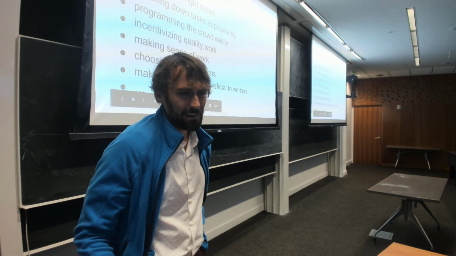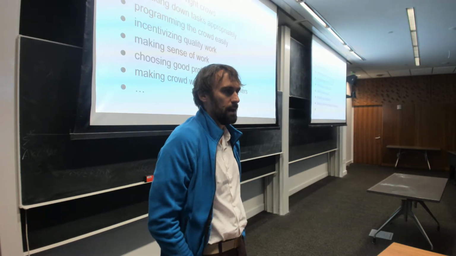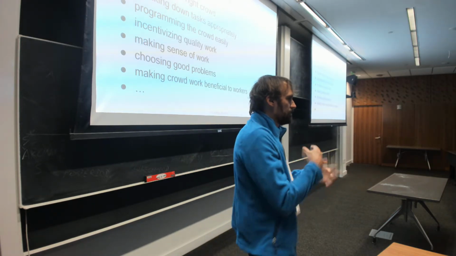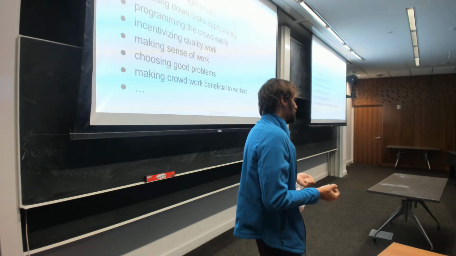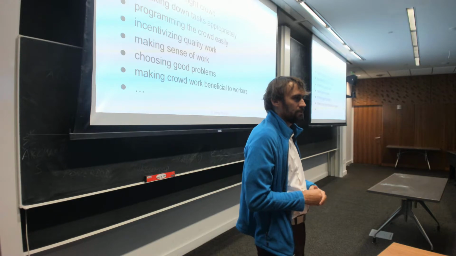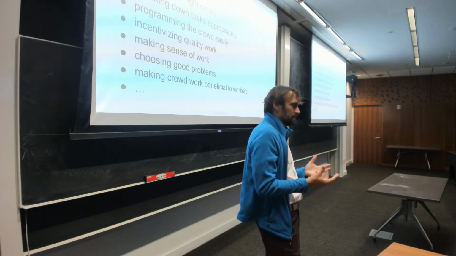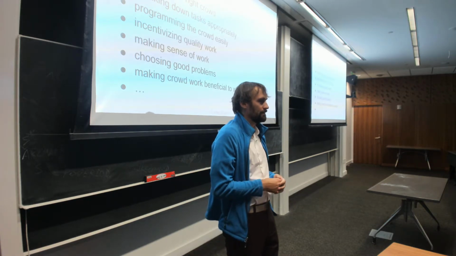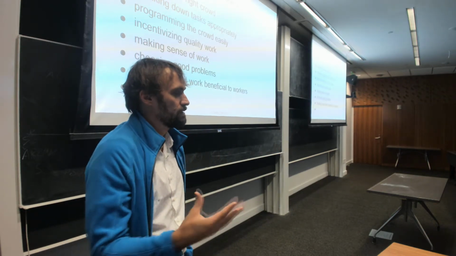Making sense of the work you get back: it's not always even easy to incorporate the things that people send back to you. In the TurKit example with the sloppy handwriting, there was a lot of iteration before that, just to figure out how you even present this problem to somebody so that future workers can make sense of the partial work that the prior worker did. In their case, they came up with a scheme with parentheses and question marks and different things where they can express confidence in the different words they wrote. But depending on your problem, that may not work. You might have to come up with something new. So how do you make sense of the work that people did so that you incorporate it into something bigger?